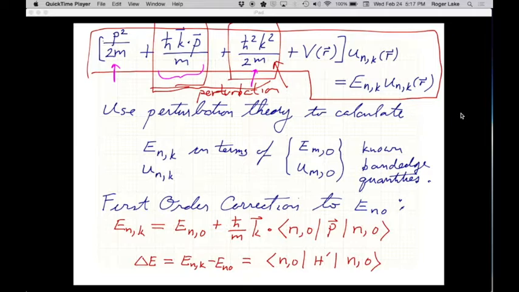And then what we started doing was say, okay, now let's think about small k, just a small little deviation away from the gamma point, and see how the energy and these wave functions u, the periodic part of the wave functions, change as k starts to become non-zero. We're going to do that by using perturbation theory. And so we first looked at the energy, first order. So the first order perturbation for the energy is given here